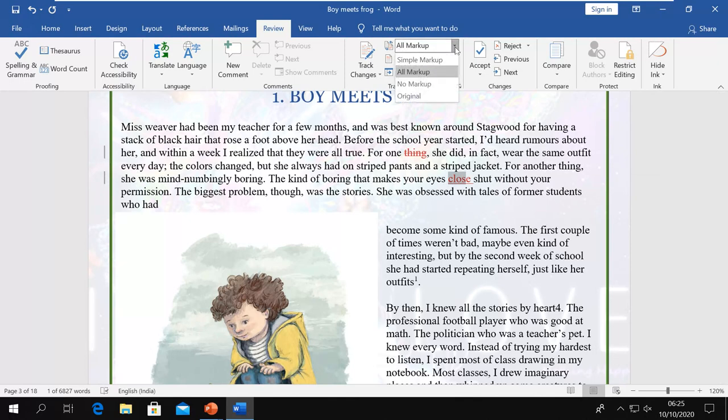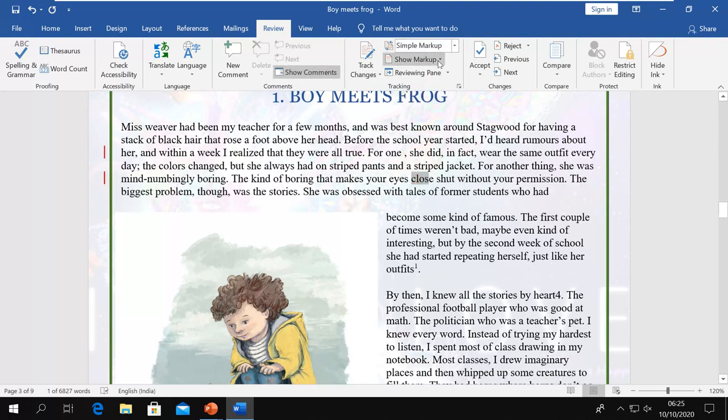Now if you want simple markup, then it will not show the changes here. It will only show what changes you have done here, but it will not show you the original document, and it will indicate only in the margin that there are some changes here. If you go for no markup, then it will not show any markup, but it will remain there.